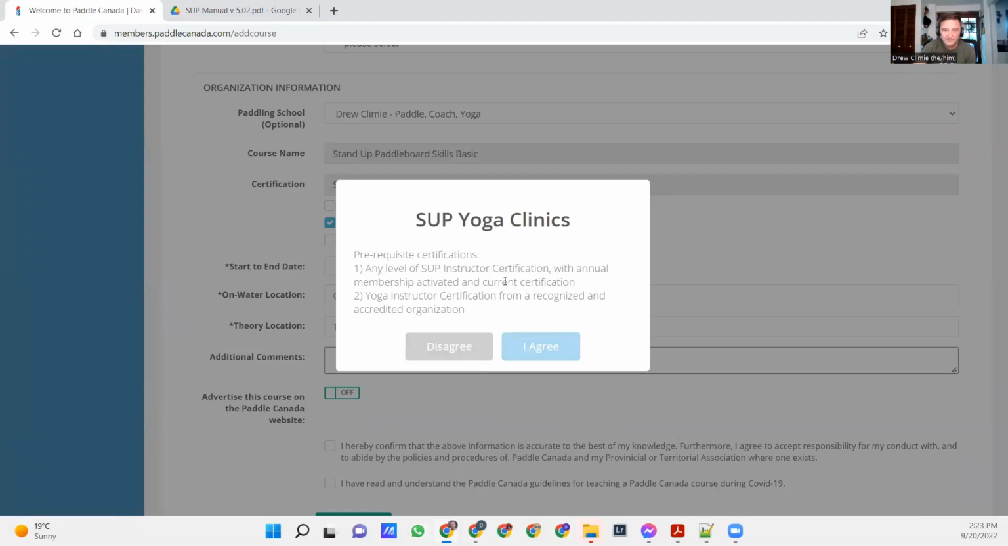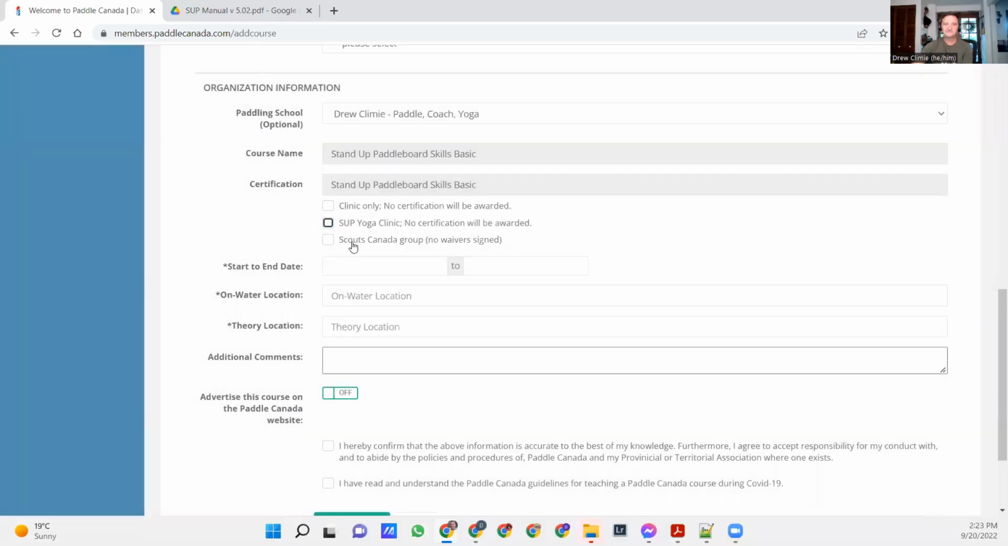Prerequisites: any level of SUP instructor certification with annual membership activity, current certification, activated and current certification, and yoga instructor certification from a recognized organization. So I agree. Basically, this is just saying that if you're running a SUP course or a SUP yoga clinic, you can also be insured for it, provided you also have yoga certification to teach yoga. So I'm not going to check any of these because I do want to run a